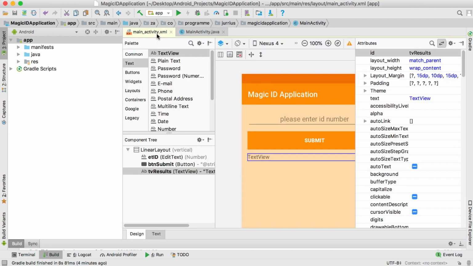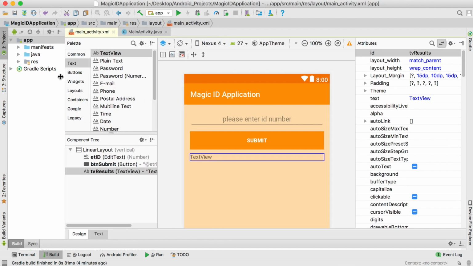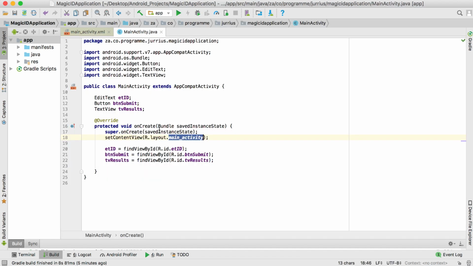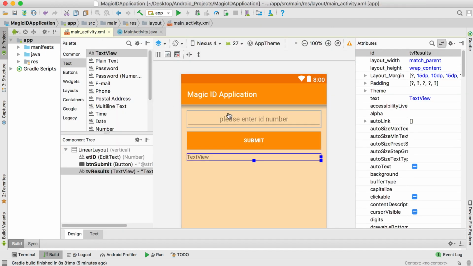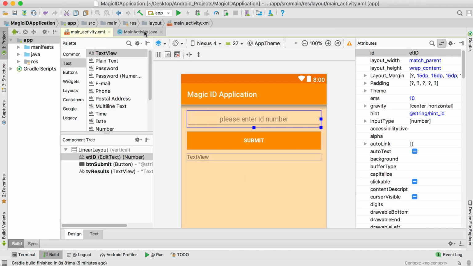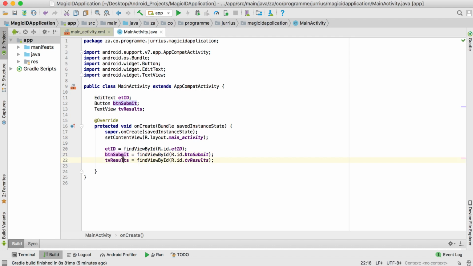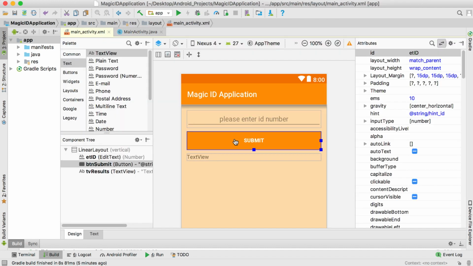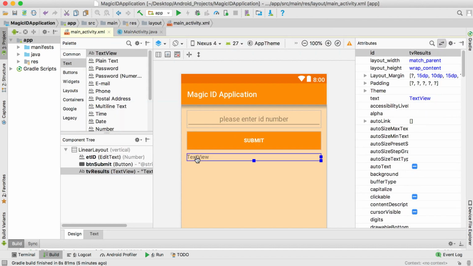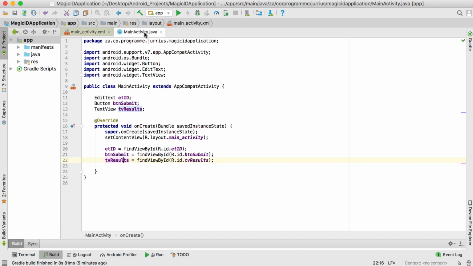So main activity is this one, and on this one, we are finding the view by its ID by referring to these IDs. So now after these 3 lines, ETID, the Java variable, is now connected to ETID, which is this one. And the same for the btn submit and TV results is now connected to btn submit and TV results. Right, so now that we have the components connected in coding,